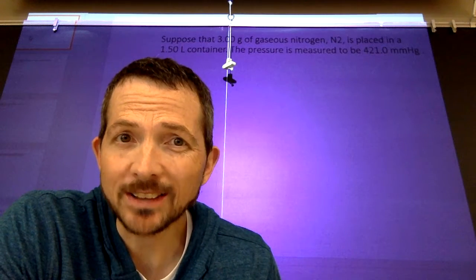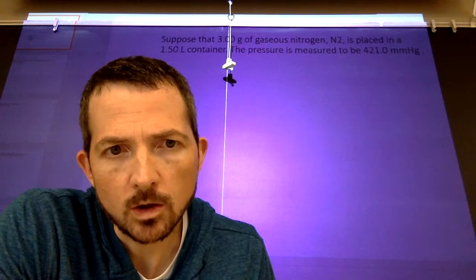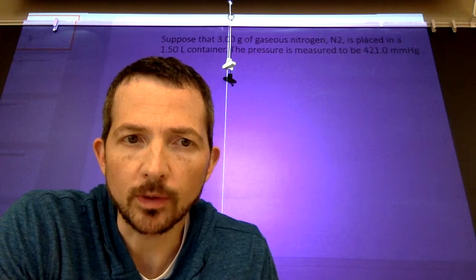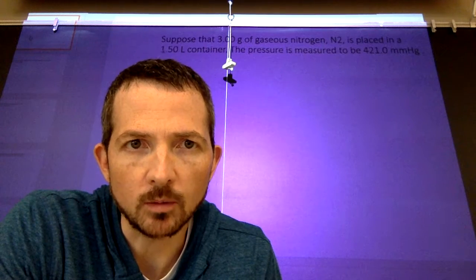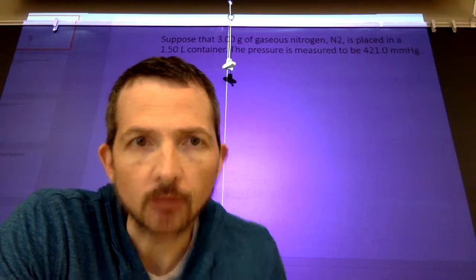For the ideal gas equation, if you're given 3 of the 4 properties of a gas, then you can solve for the 4th one. That's when you know you have to use the ideal gas equation. Like this one, I'm given the amount of gas, 3 grams. I'm given the volume, 1.5 liters, and I'm given the pressure. So now I should be able to solve for